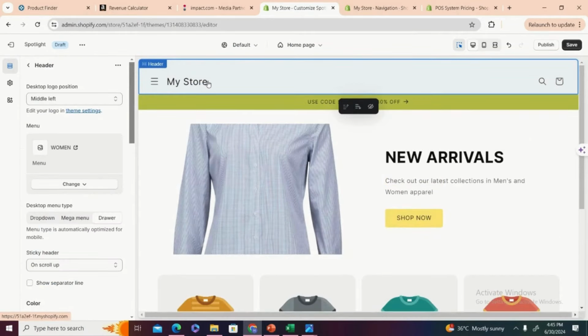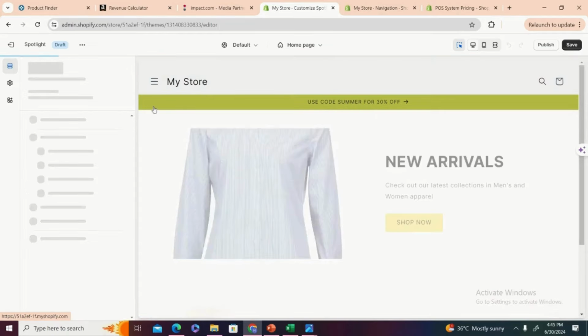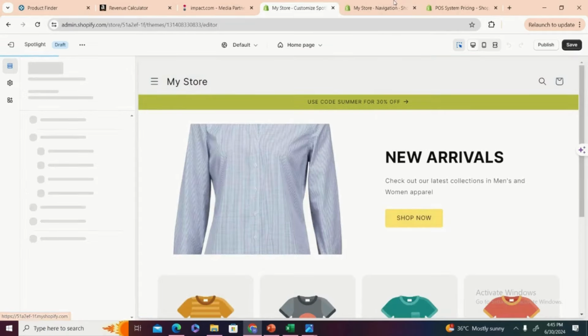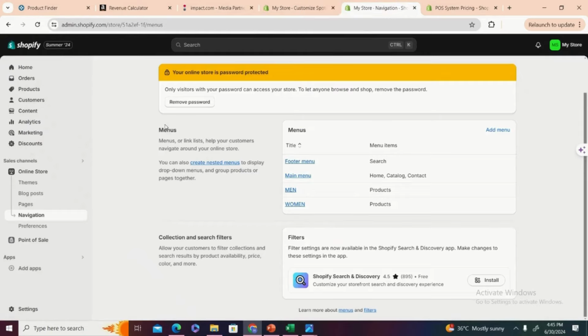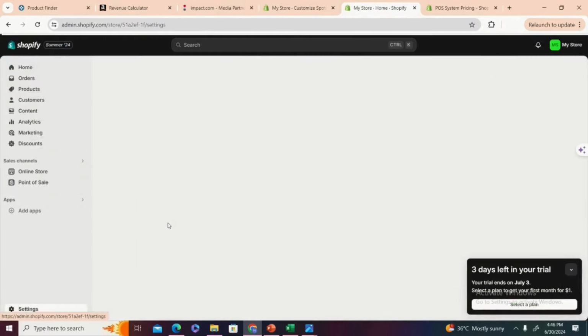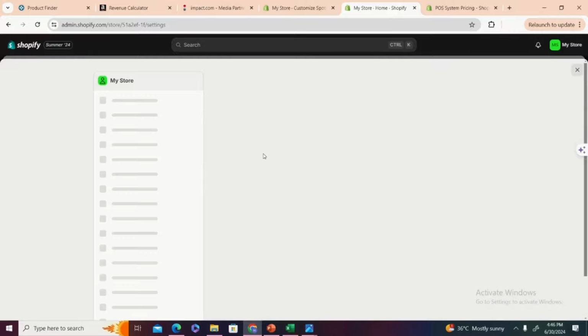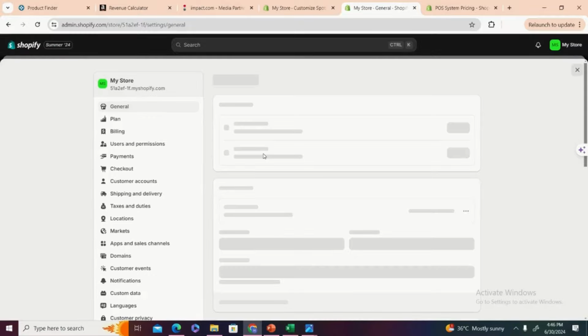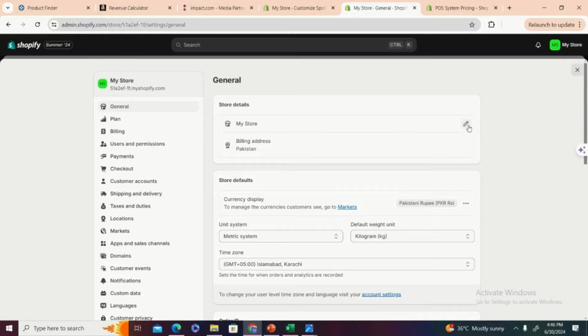Now to make changes in the name, what we have to do is, I'm going to go here. I've opened this thing here. I'm going to go to home, and I will make changes in the store name. Okay, here it is. Sorry, my bad. Settings. Okay, so we have to go to settings here. It was right at the bottom. I cannot see it. So once we are at the settings, we can make changes here, and we can simply